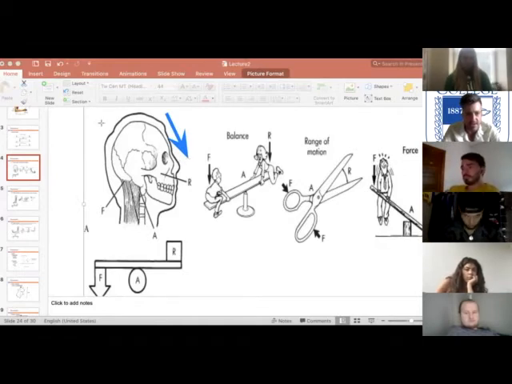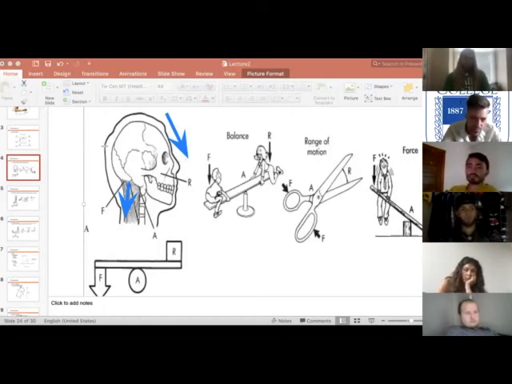But the neck extensor muscles here are firing downwards. The neck muscles are firing here. Here's an axis of rotation there. So here's this force that's creating a rotation in that direction. So the weight of your head is creating a rotation in that direction. The muscles are creating a rotation in that direction. And pretty much what they're doing is they're creating